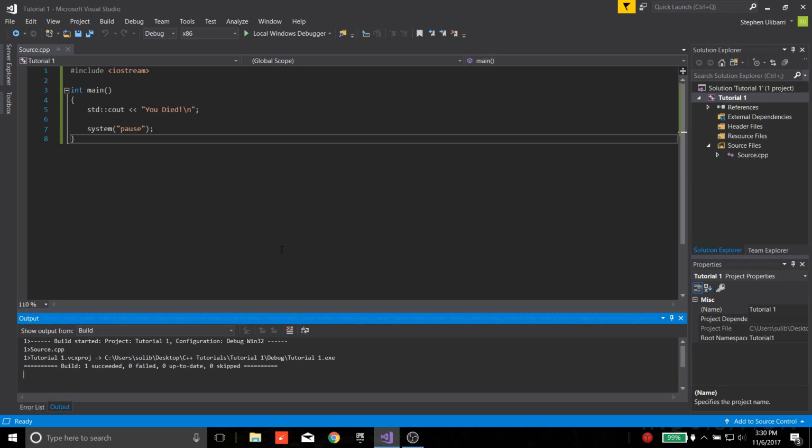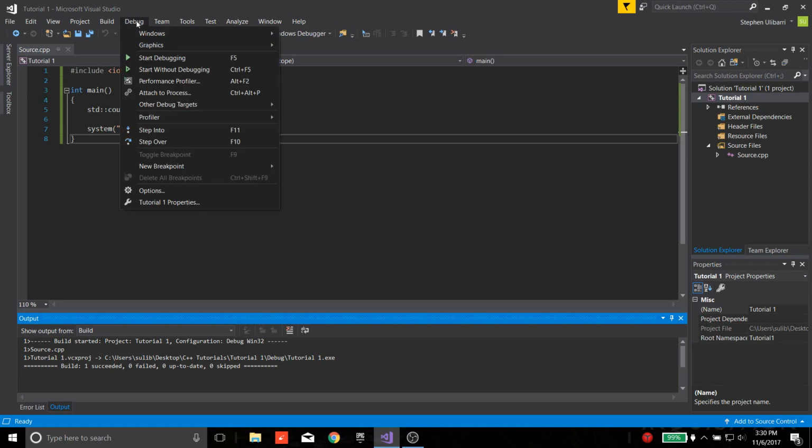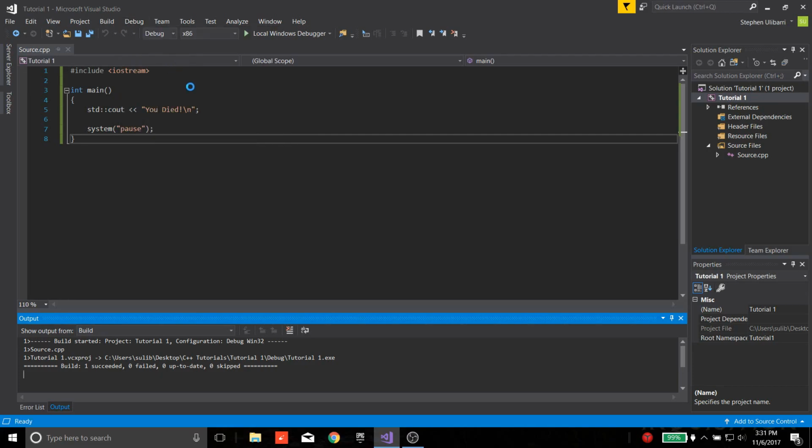Now, how do we run our program? Up here under Debug, if we click, we'll see Start Debugging and Start Without Debugging. Now, debugging is a feature in Visual Studio, and since we're not going to be talking about debugging in this video, we're going to choose Start Without Debugging. Notice the hotkey for this option is Control F5. We may wish to use that in the future to save some time. So click Start Without Debugging,